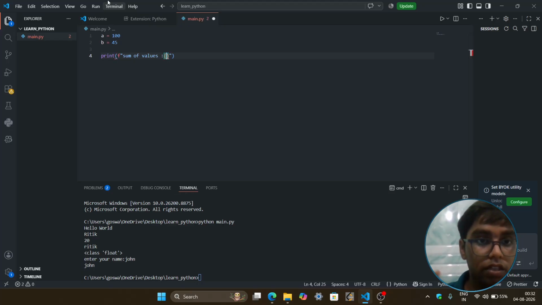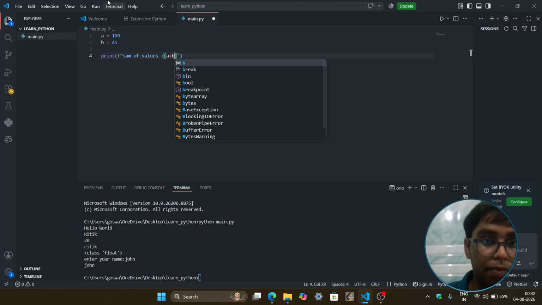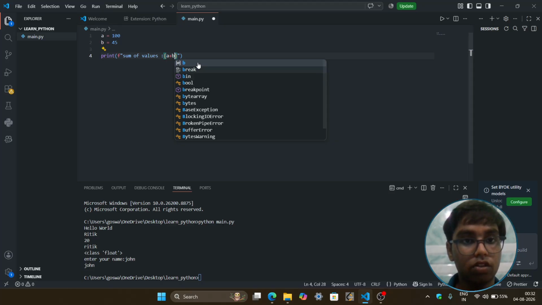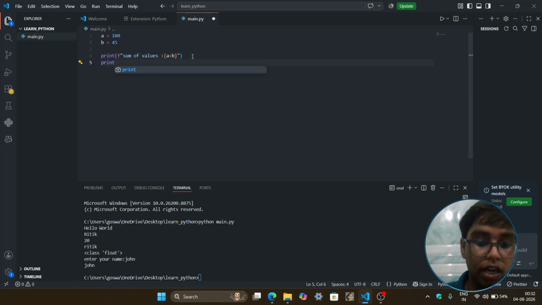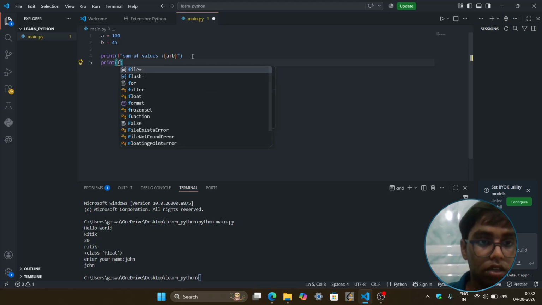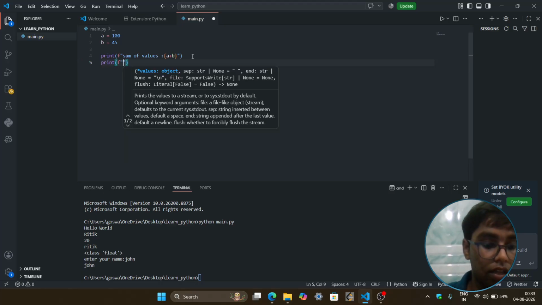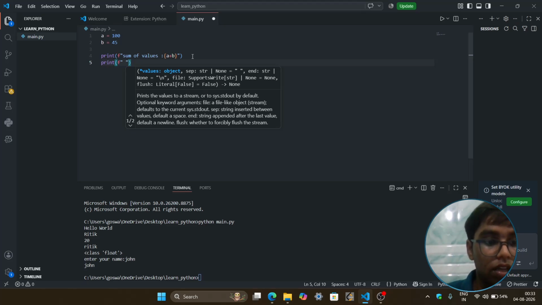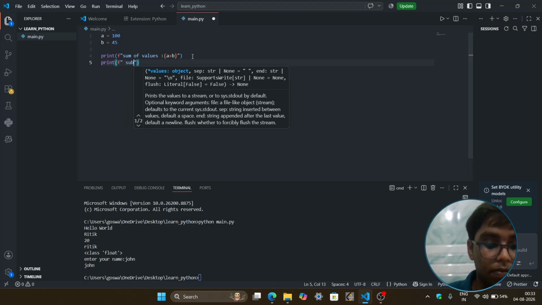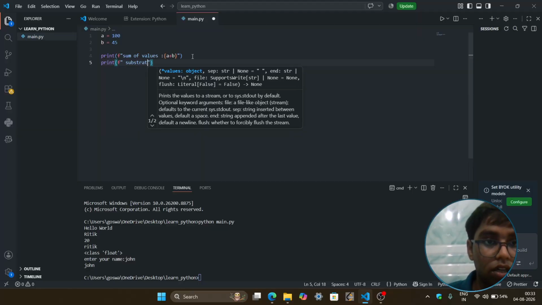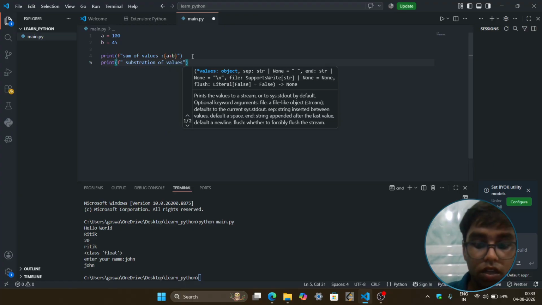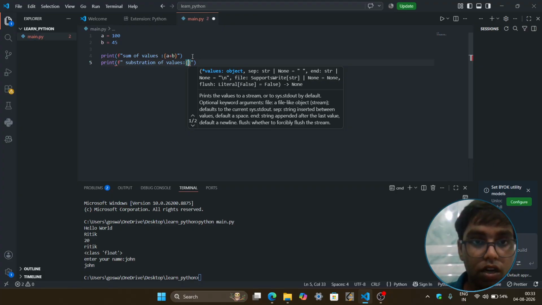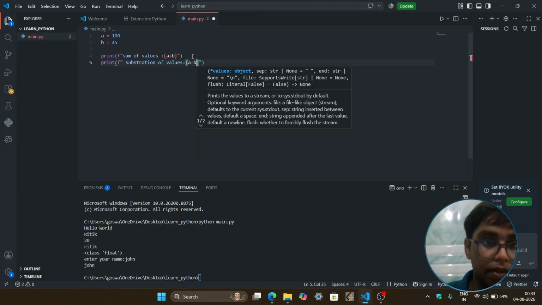Now we use curly braces for the integer value, and we are going to put a plus b in it. Now again for subtraction of values, it is curly braces a minus b.